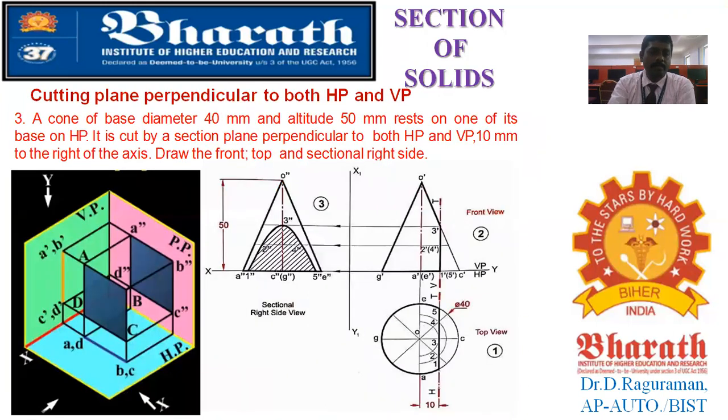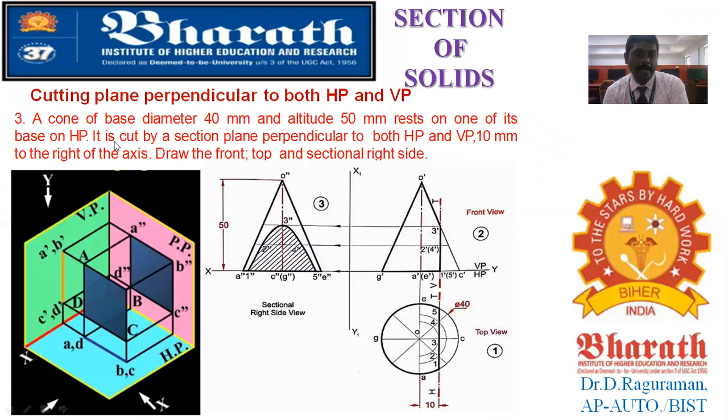Now, if you are keeping the cutting plane parallel to both, both the front view as well as the top view, you will see it as a line only. In the front view you can see a vertical line, as well as in your top view you can see a vertical line only, a line perpendicular to the XY. While rotating, it will go below XY. It is perpendicular to both conditions.